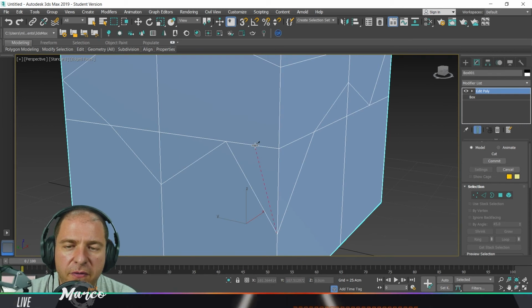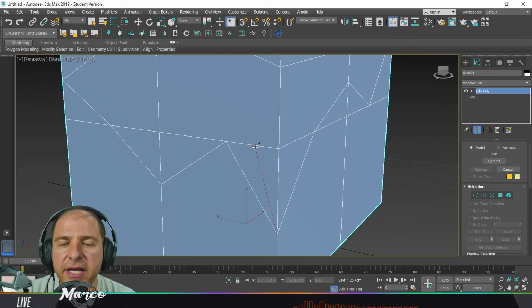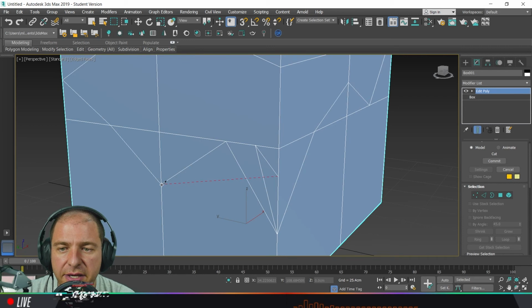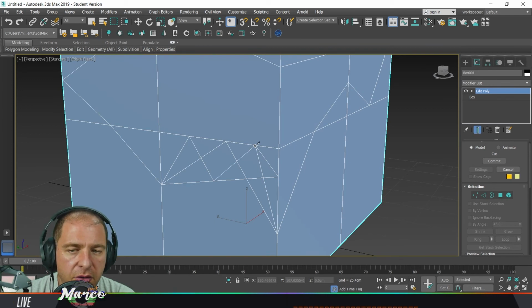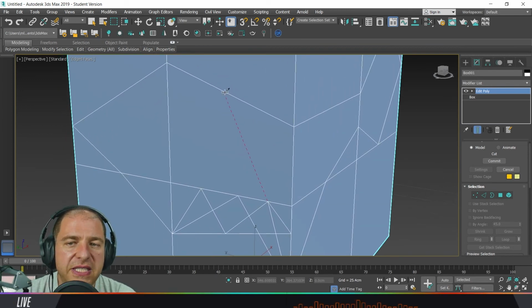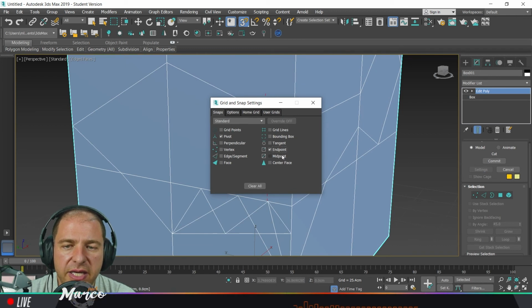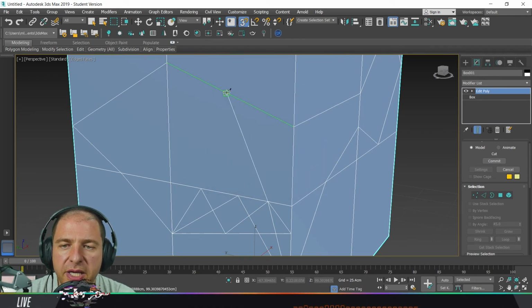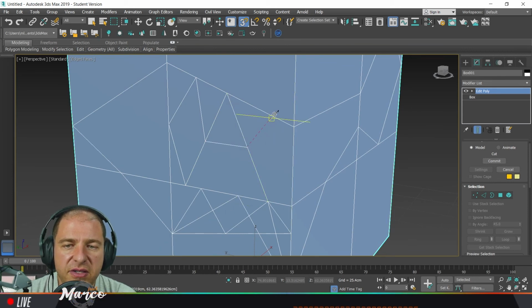But if I am perfectly on an existing edge, my cursor changes and it becomes this thinner vertical line and slightly thicker horizontal line. But if I click perfectly on an existing vertex, instead my cursor will become a very tiny cross. So this feature can also be used without the snap feature enabled. Or if you want to be more precise and hit exactly the midpoint here, then yes, you can use, let's say, midpoint snap, and you can also snap perfectly to midpoints as well as vertices or any